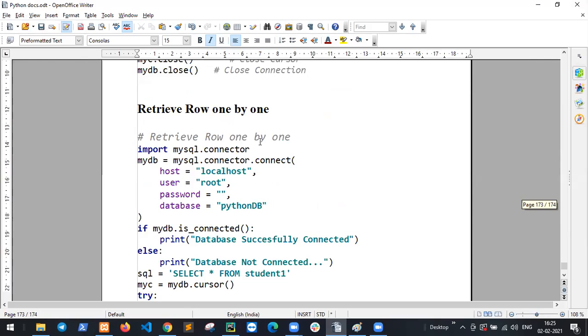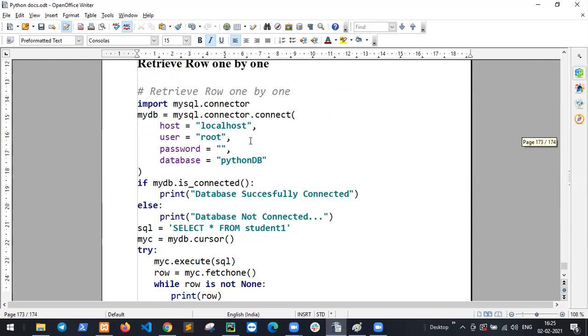Retrieve rows one by one. How to retrieve rows one by one?